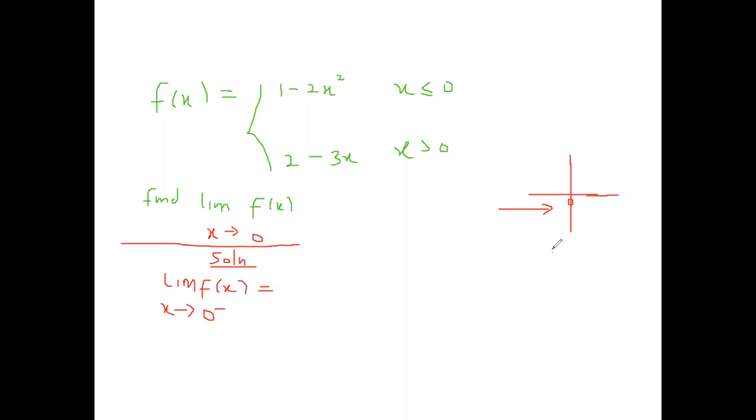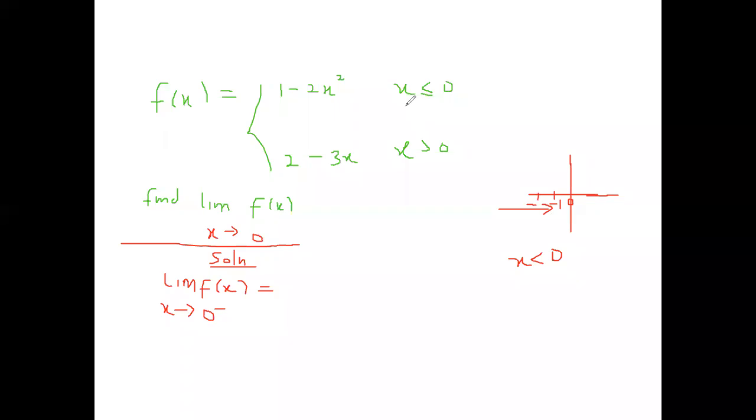Values less than what? The values of x less than 0, okay? Because from the left hand, you have -1 there. You have -2, you have -3, and so on and so forth. So we are talking about values less than 0. So if that is the case, then